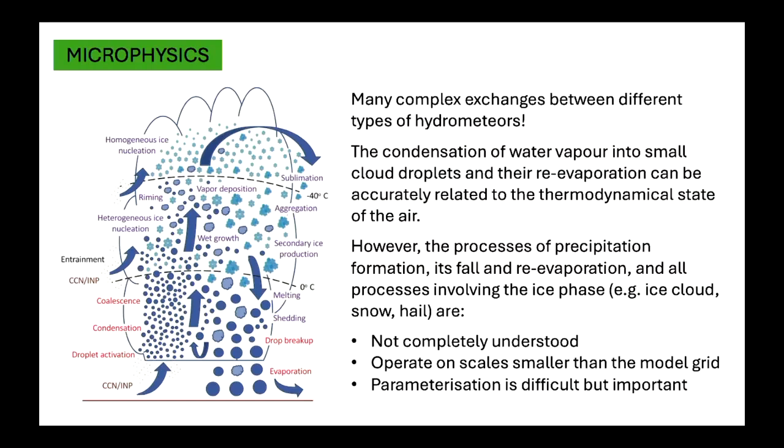Particularly when the clouds develop below the temperature of freezing, that's when you have the ice processes kicking in. So you not only have to worry about things like condensation and evaporation for the warm part of the cloud, but also the various ways of glaciation, sublimation, entrainment with the clear air, and also how these processes interact with the atmospheric circulations and the aerosols in the background in some cases. So not surprisingly, the microphysical processes are still not completely understood. So, their parameterization is actually extremely difficult, but also extremely important.